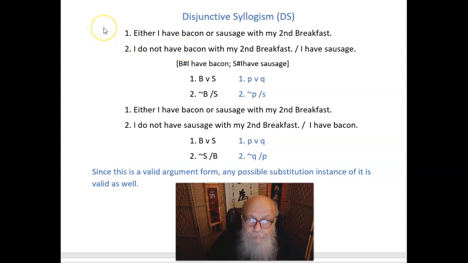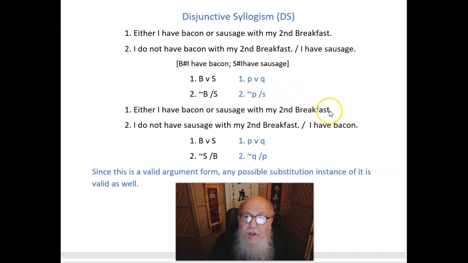Suppose I said in my first premise, I either have bacon or sausage with my second breakfast. And in 2, I say I did not have bacon with my second breakfast, therefore I have sausage. We make our little dictionary. We symbolize it, B or S, not B, therefore S, which gives us the form P or Q, not P,